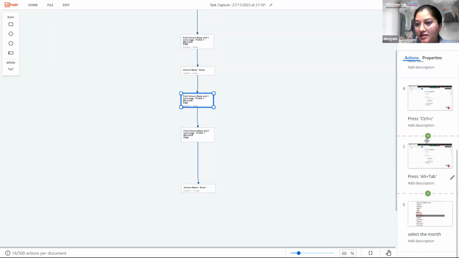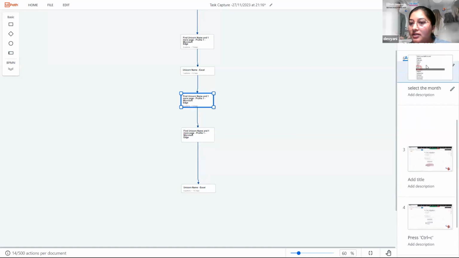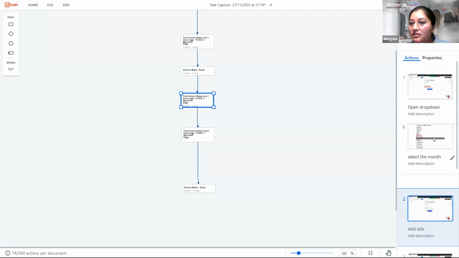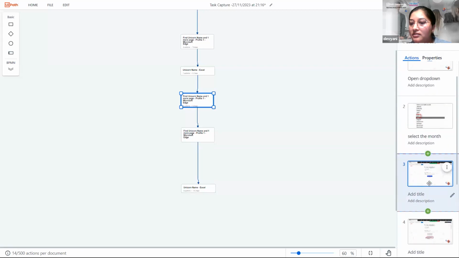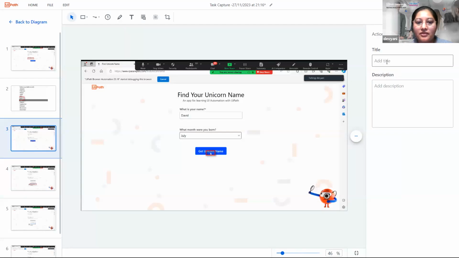So it's very easy, as we can see. And if we want to rearrange the sequence, we can simply drag, right? Like this. Open drop down, select the month, then we can say we are click